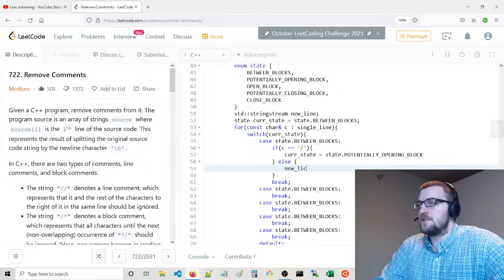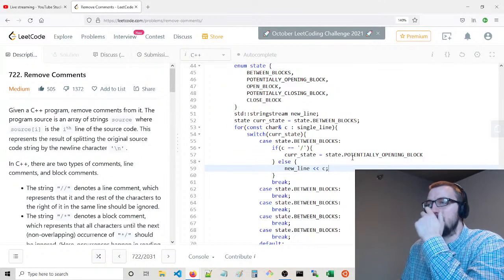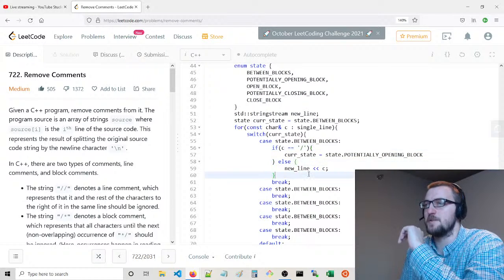Otherwise, we take our new line and we just push back the character. So every character between the blocks is going to push into this new line. If we see this potentially opening block, then we update our state and we don't push it back.